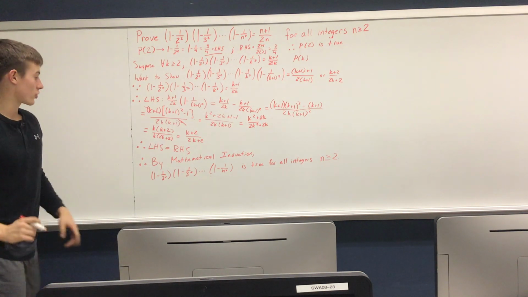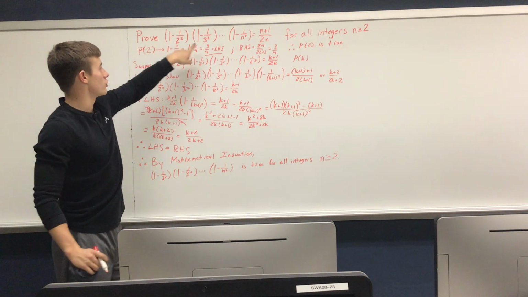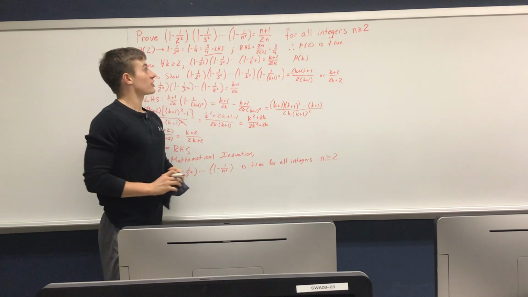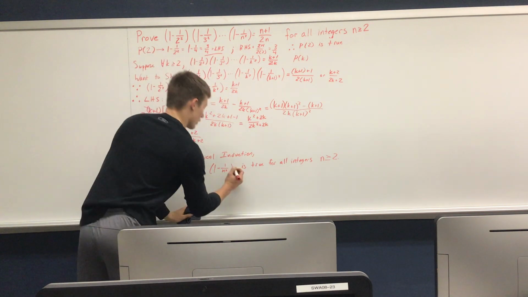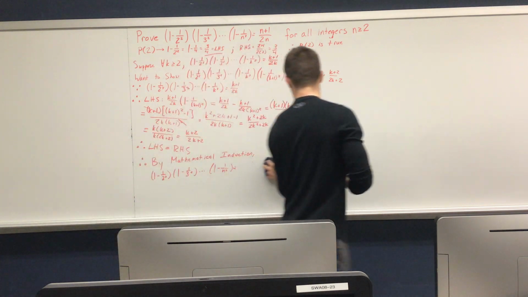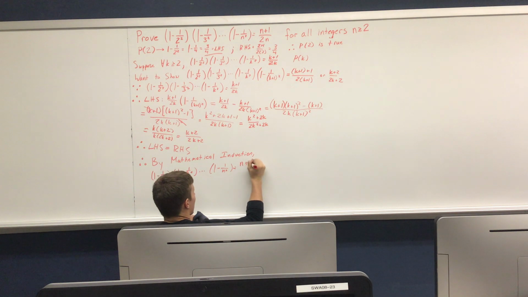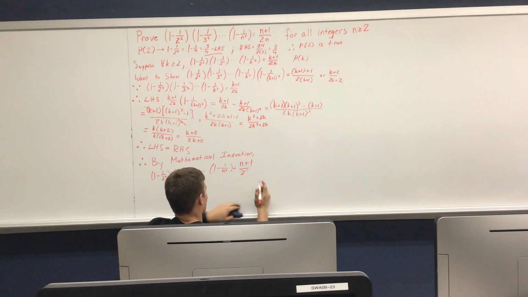Therefore, by mathematical induction, we know that 1 minus 1 over 2 squared times 1 minus 1 over 3 squared, all the way to 1 minus 1 over n squared, equals, excuse me, I forgot to put that in there, equals n plus 1 over 2n, not k, 2n,